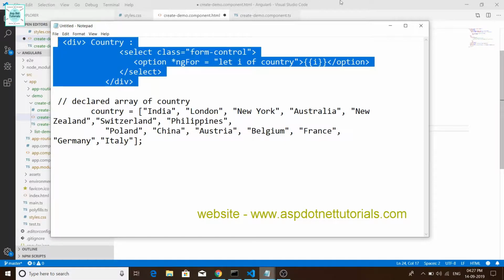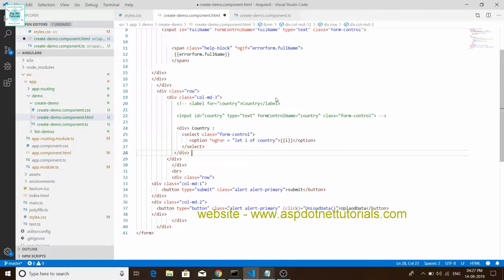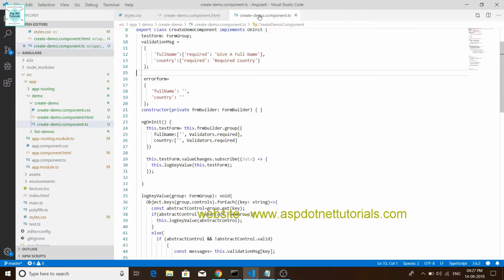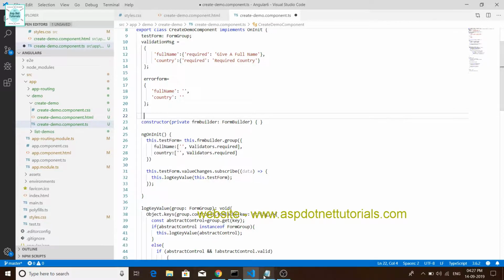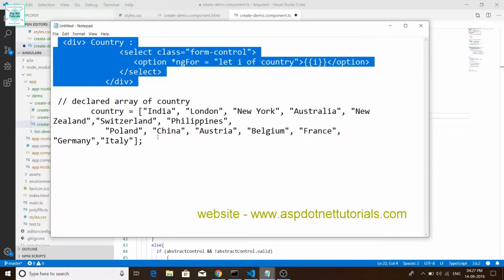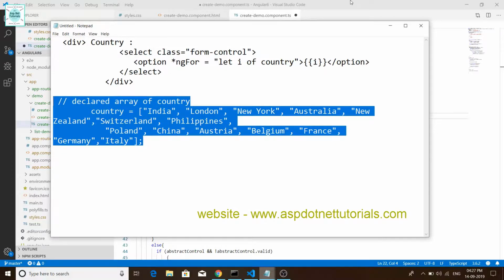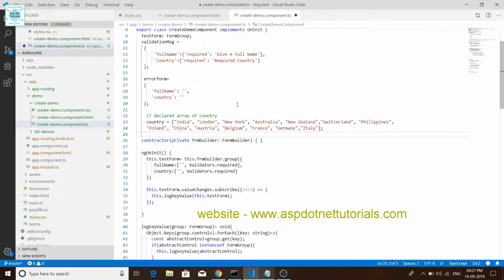we copy this code and paste it, and we go there, and we copy and then paste. And we declare an array named country, and friends, we write some country names and save,